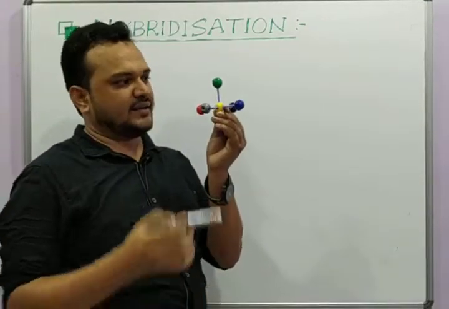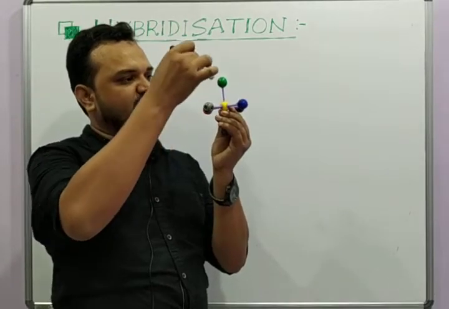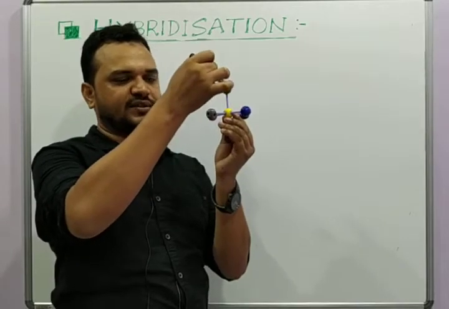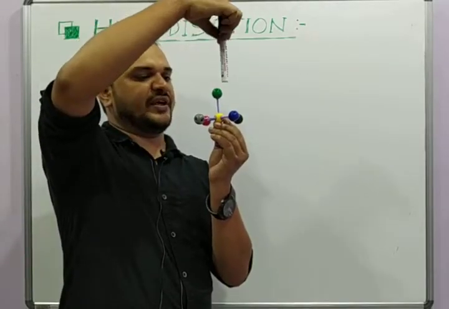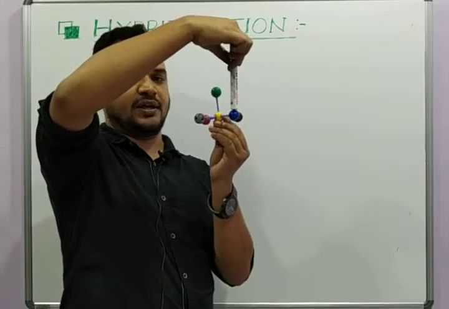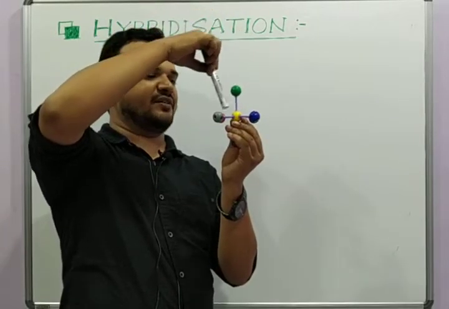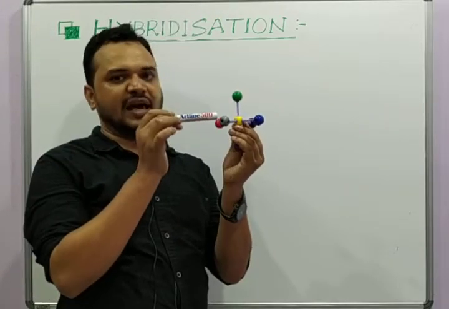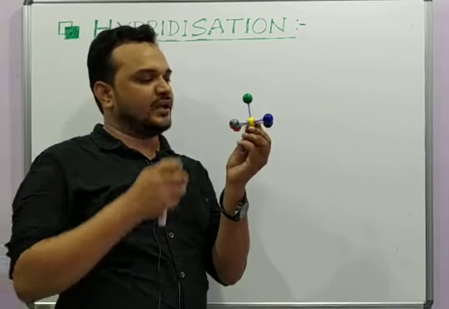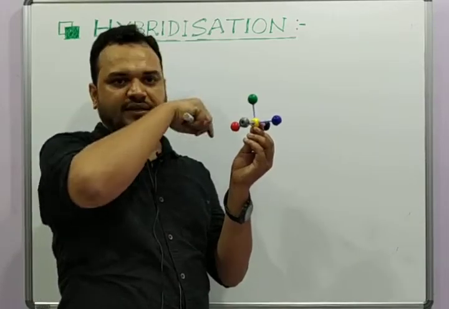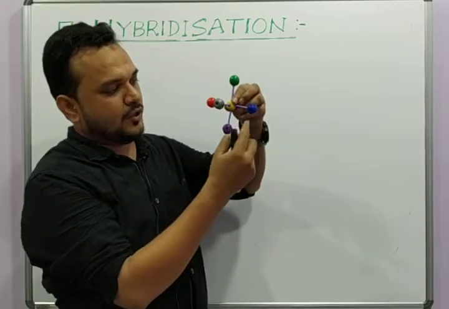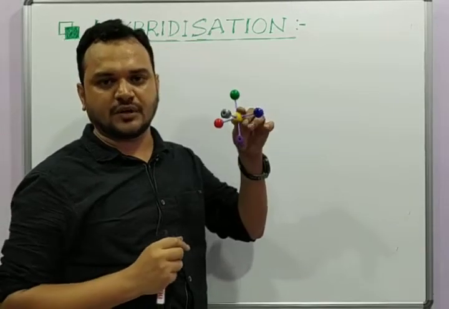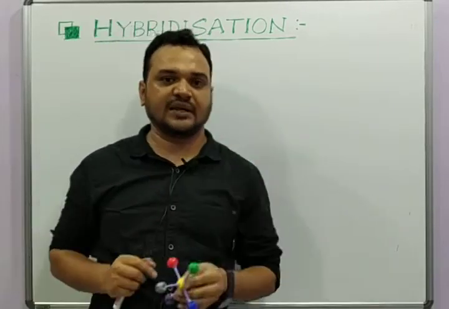If I add this green, blue and ash colored atoms, these three, I will get a trigonal plane, right? Similarly, if I add this green, blue and black, another trigonal plane. Then I add this green, red and black, another trigonal plane. And then this green, red and ash color, another trigonal plane. So how many trigonal planes here? Total 4, right? Just like that, in the below also we have 4 such trigonal planes. So 4 plus 4, how many trigonal planes are there? 8. That's why the name is octahedron.